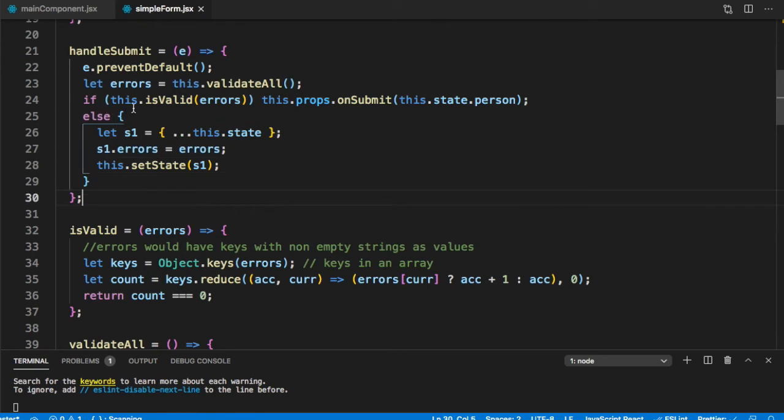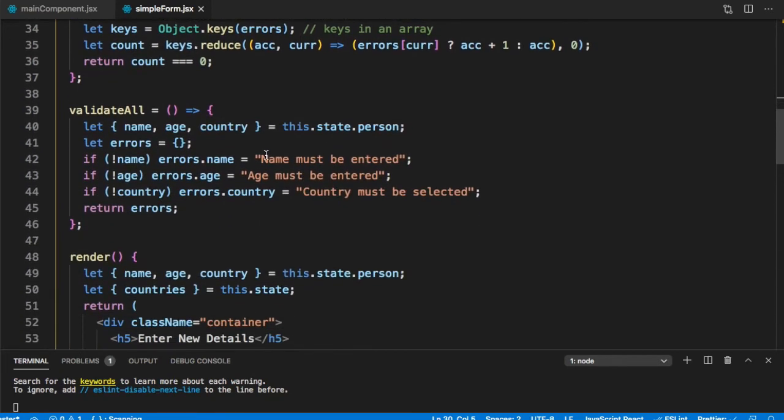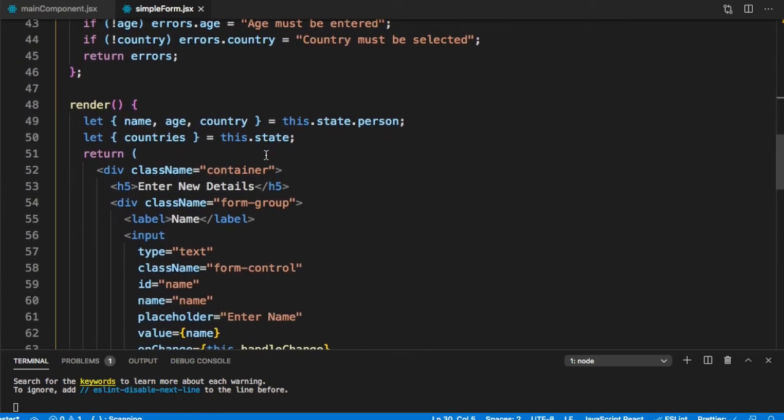So what are we doing? If the form was valid, then we will just go ahead and do the normal execution, props.onSubmit. And if we found that the form was invalid, if we found errors, we have just set them in the state. So now in the state, the errors JSON will have those error messages. So we can go ahead and now display them in the form.